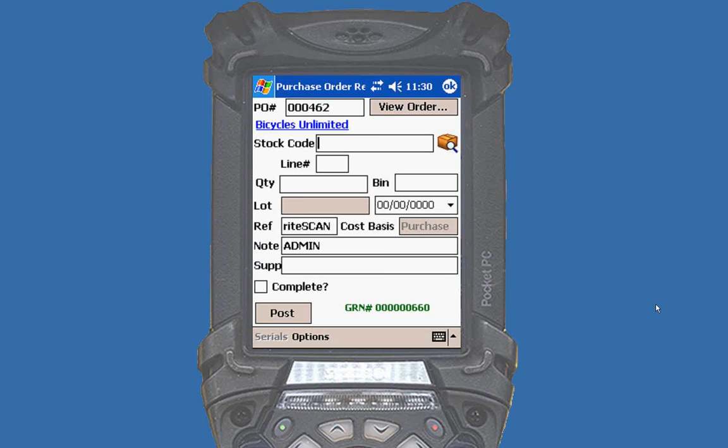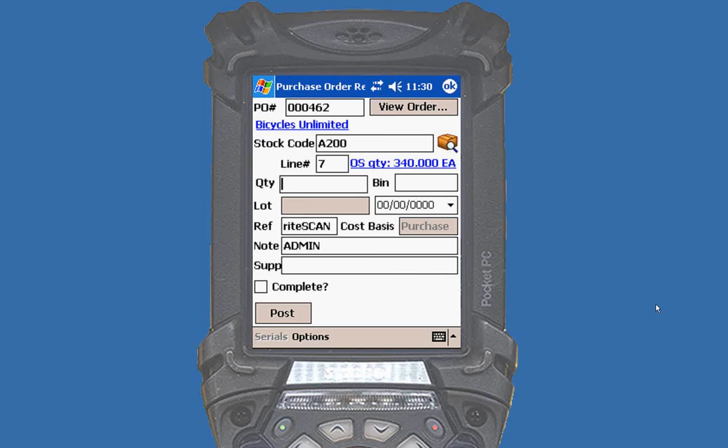Now, you'll notice my purchase order is still up there at the top, so I don't have to rescan that. We figure you might be doing more than one transaction for that PO. And if I go right back and scan that exact same item, it's not really a surprise that it found it again for me on line 7, but you'll notice that the outstanding quantity now has dropped to 340, so